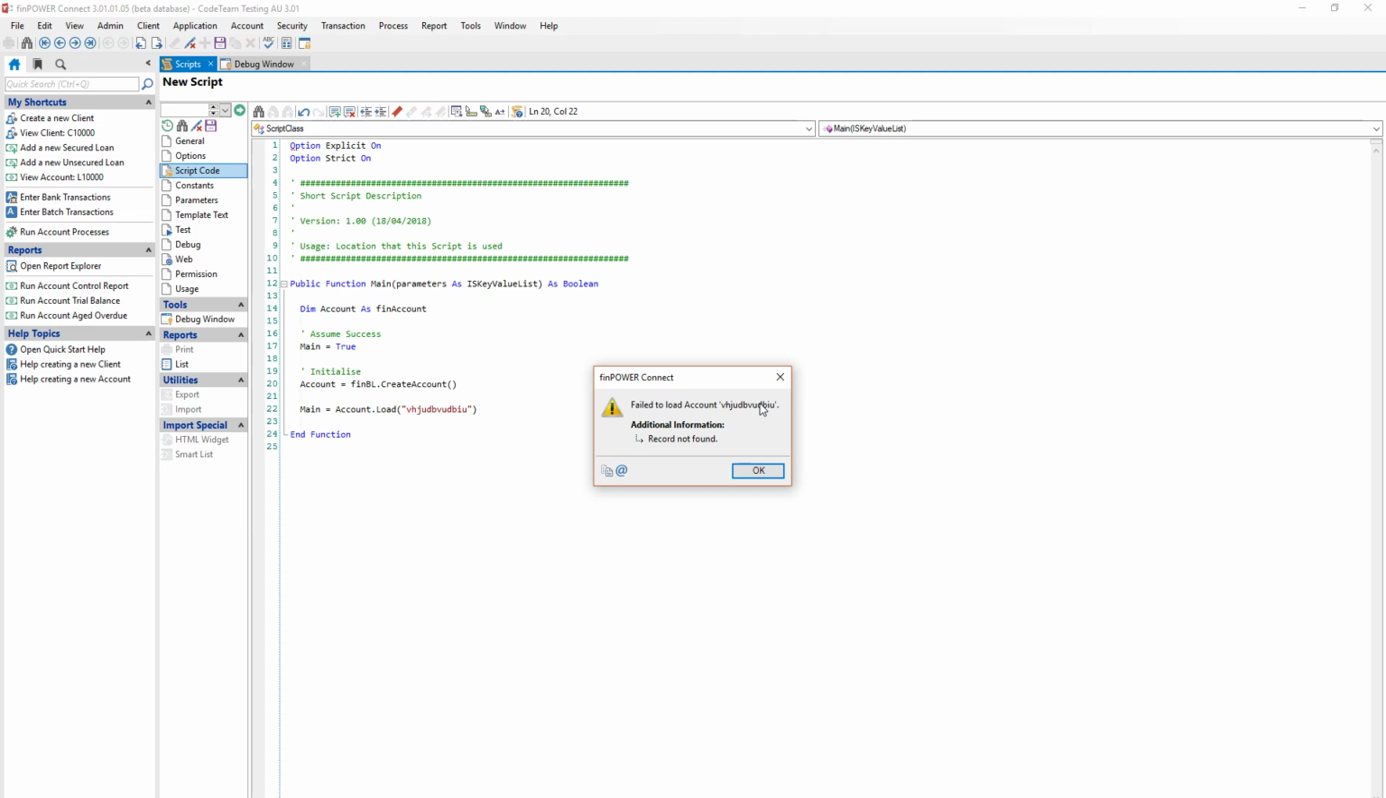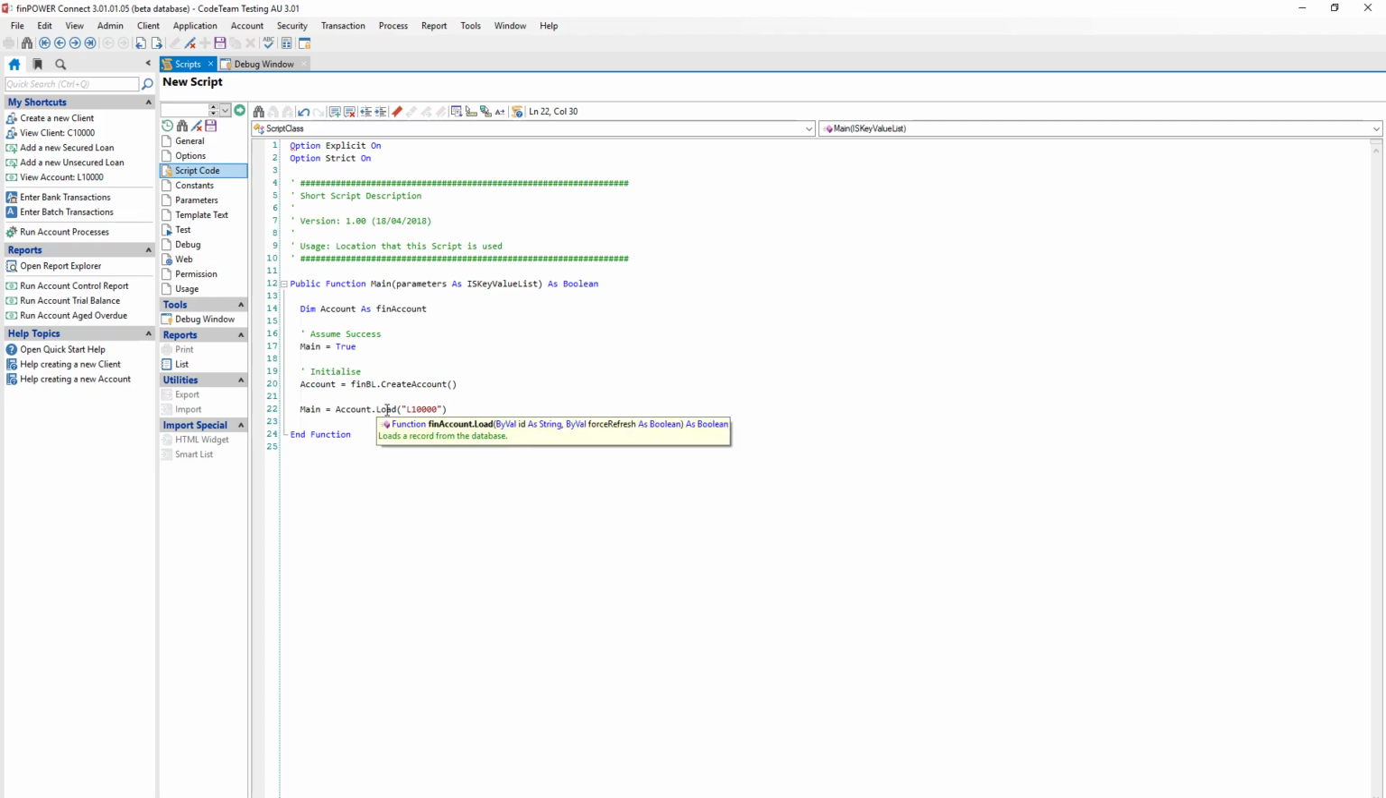Okay, it's going to display the message "failed to load the account, record not found", and that's all the information that we need. Okay, if we were to do this for an account that does exist, "script successfully executed". So really important to check the result